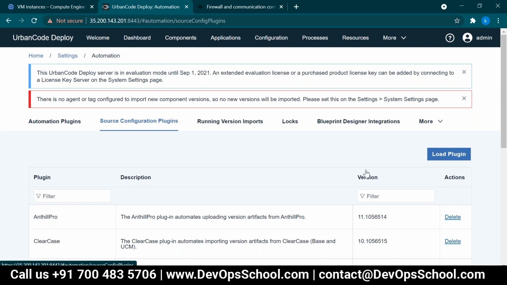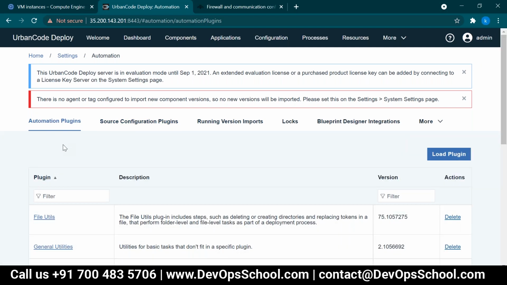So those types of plugins you have to load here. And the automation plugin is nothing but your task. Okay, file tasks, meaning file utility, general tasks like creating directory, replacing tokens, all those things. So those types of plugins are available and you can load them here. So instead of writing a complete shell script, if you use that plugin, it will do that task, right? That is the reason you can use the automation plugin. That is the difference between source and automation plugin here.